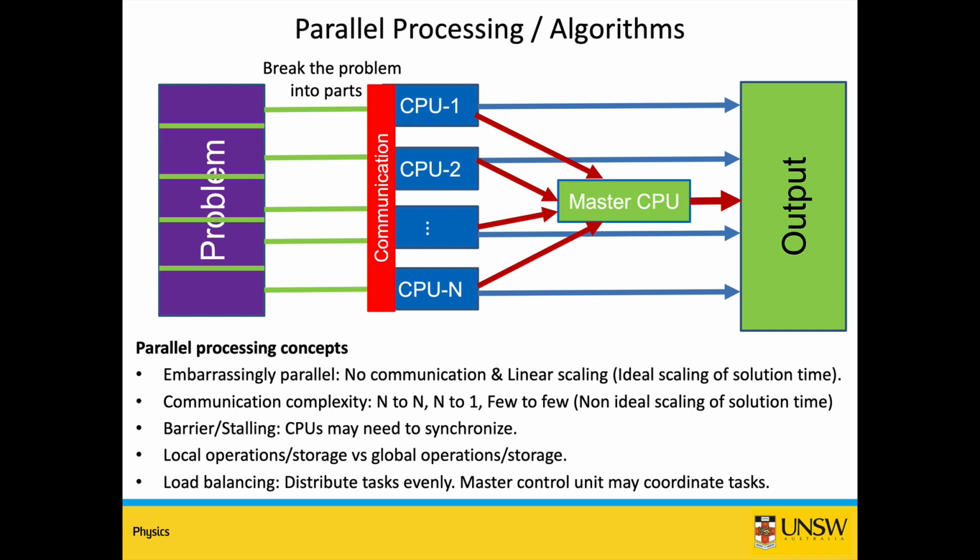And also sometimes during communication, some processors need to be synchronized. For example, processor 2 needs some data from processor 1, but it can be only generated after a certain number of operations. So processor 2 has to stop operating until it receives the data. That means it has to stall basically, or create a barrier in communication till the operation finishes. The bottom line is that sometimes during communication the CPUs have to synchronize with one another.